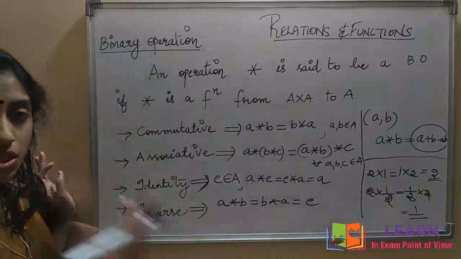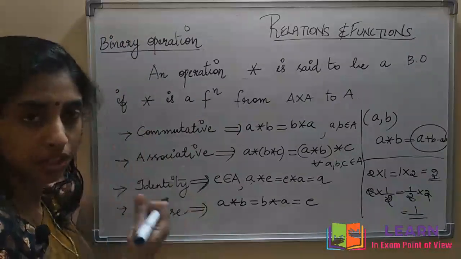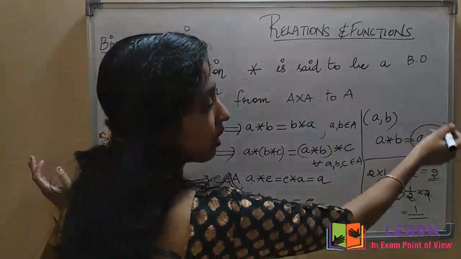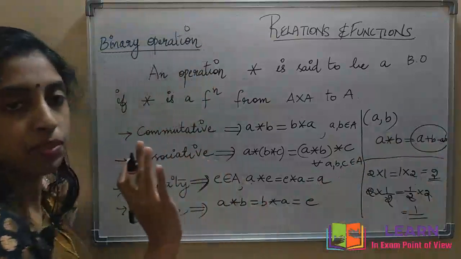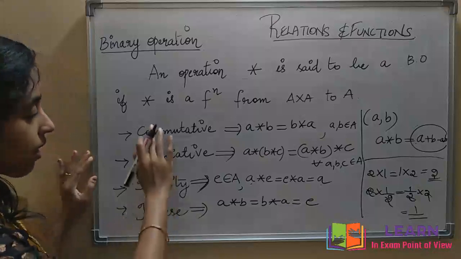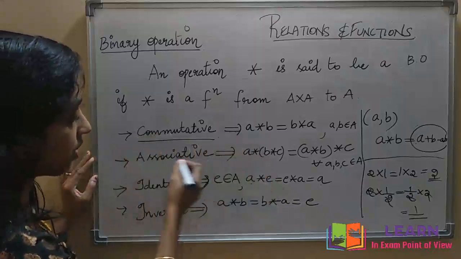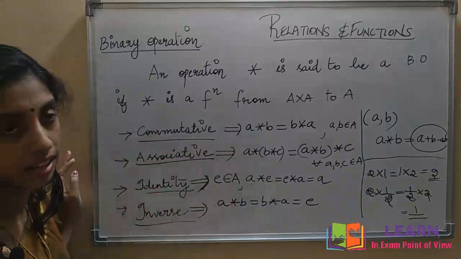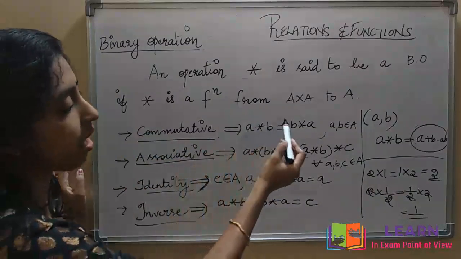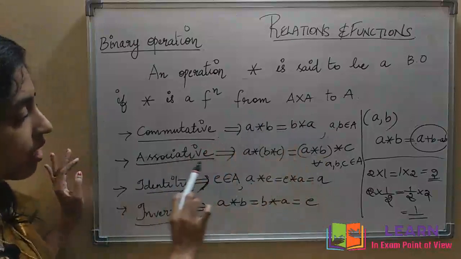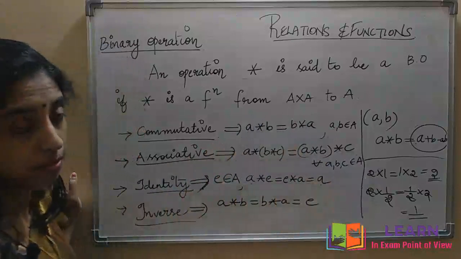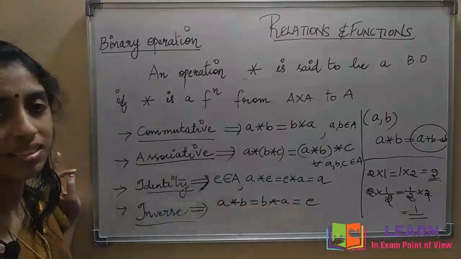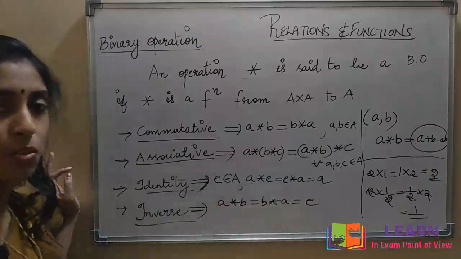Okay. It is just the mathematical operations. We are putting the star in the place, and we have to substitute what operation is performed. This type of question can be asked: whether it is commutative, associative, whether identity exists, whether inverse exists, like that. Commutative means a star b equal to b star a. Associativity, three elements will come. Then identity, then inverse. Clear, I think. Then we can do one problem, then it will be more clear.